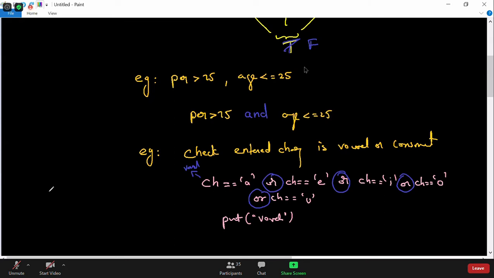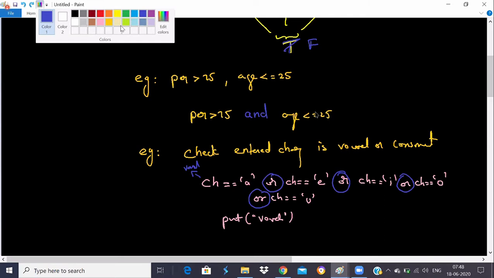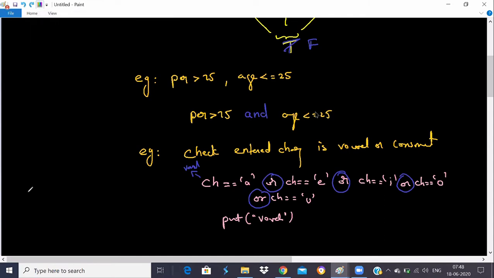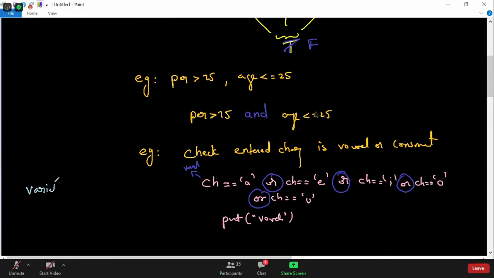Actually, let me talk about this. We got confused regarding a concept called variable versus constant. Remember, a variable means that which varies, which is available in the variable. We will not write it in quotation marks. So ch is a variable, so we will not write it in quotation marks. That is why I didn't write any single or double quotes for the variable. Otherwise, it becomes a string constant.